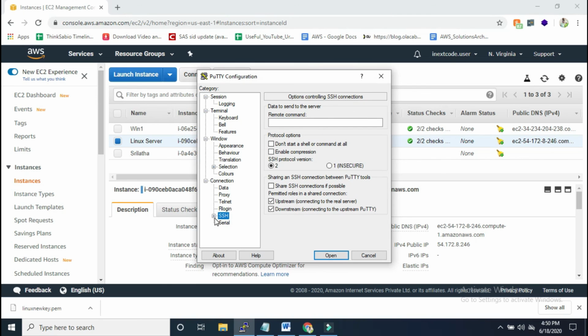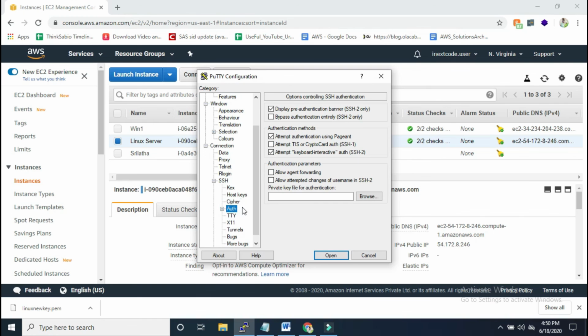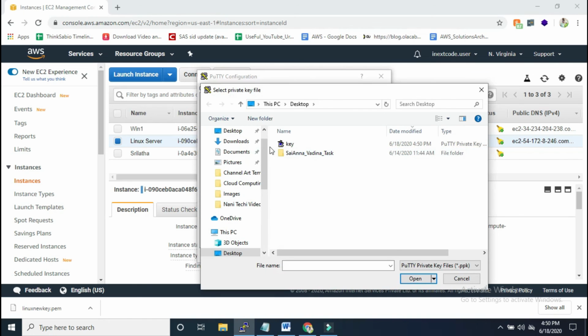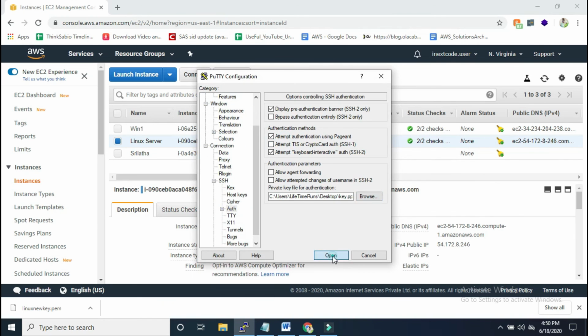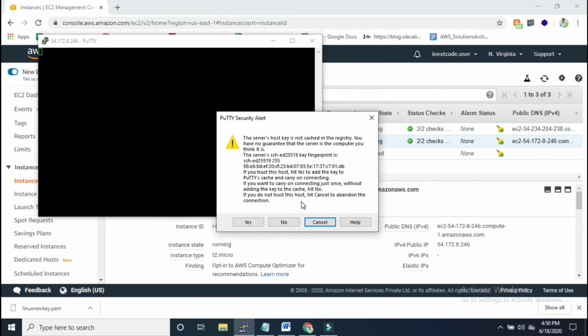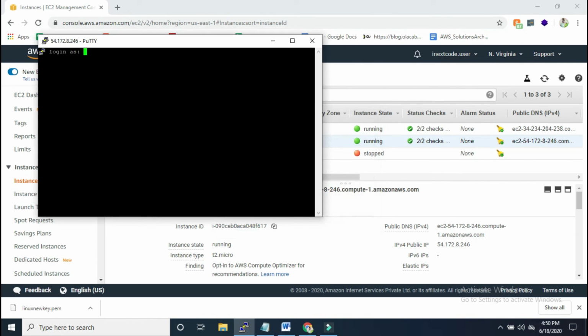Click on SSH authentication, browse, select the key, click on open. It will ask yes. If you see here, login as, the username is ec2-user. It will ask for the password, admin, enter.